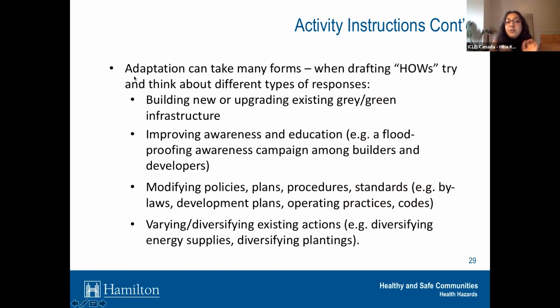And then just a little reminder, this is just for you to read now to remember the types of actions that we can come up with together. They're actions that the city can take, that community stakeholders can take, that individuals can take, and can be implemented by all 3 as well. And they can look like these different elements on the screen.